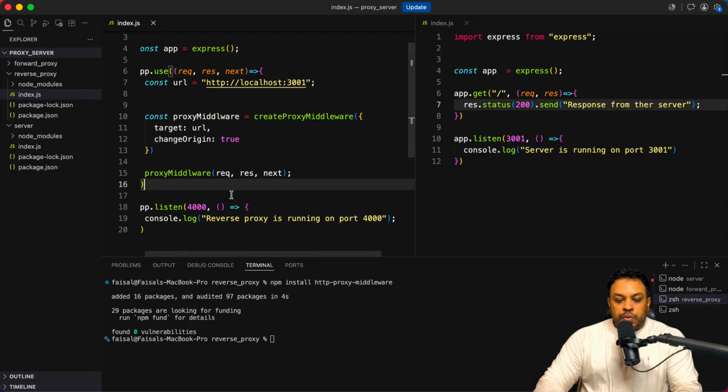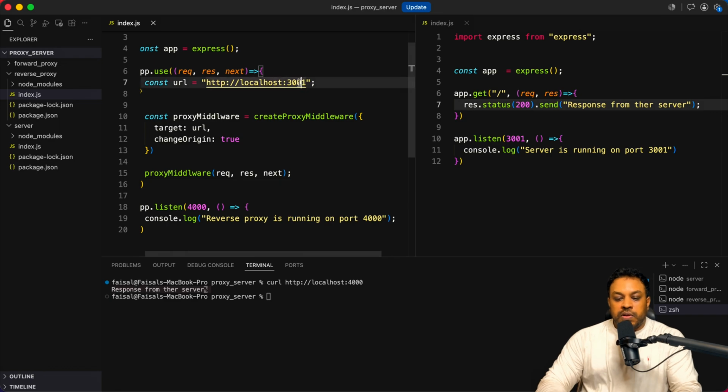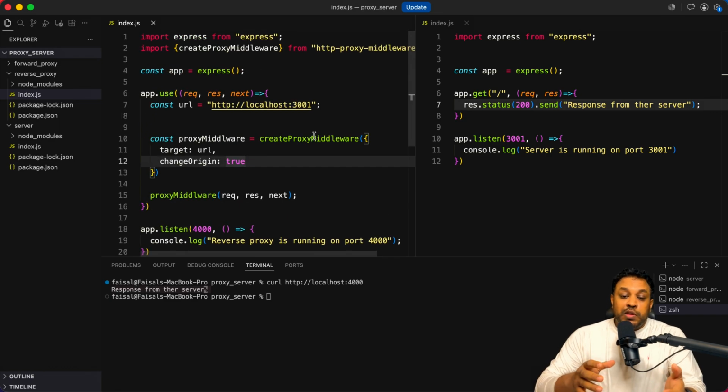Okay, so we can test it. Let's do a test. Let's run it first. So the reverse proxy server is running. Now let's do a curl to http://localhost:4000. See, we got the response from this 3001 port. Okay, so I hope you have got a very nice picture how the forward proxy server and reverse proxy server